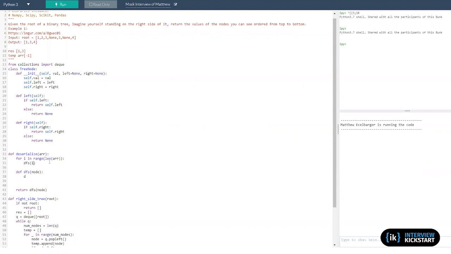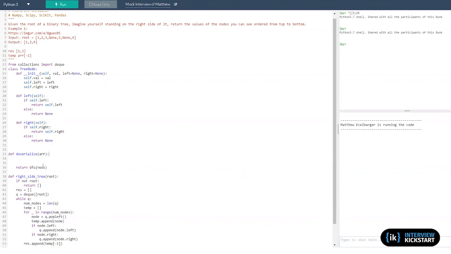No, that doesn't seem right either, because when we run this, it returns a 1 immediately. We need to throw the array into the DFS. So the deserialize needs to be